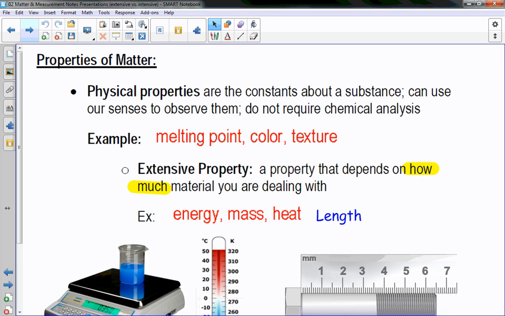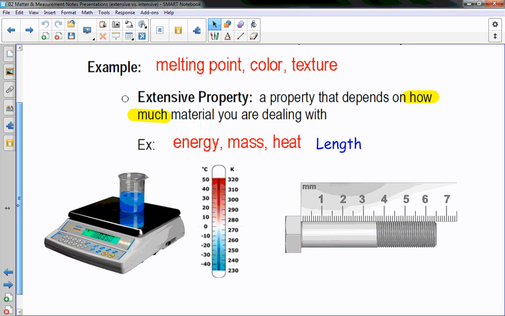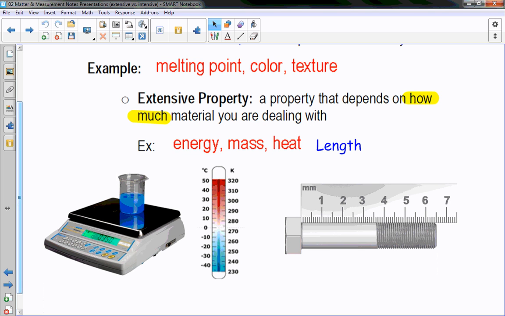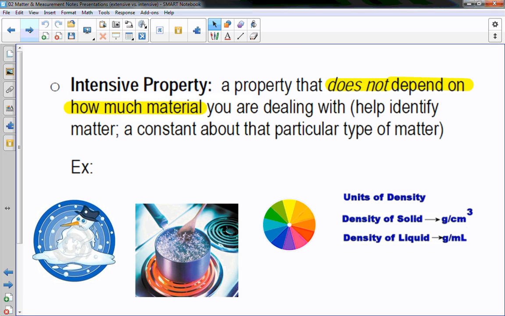Got some pictures here. Extensive properties, how much energy, how much do I have? Okay. Intensive property does not depend on it. Okay, so